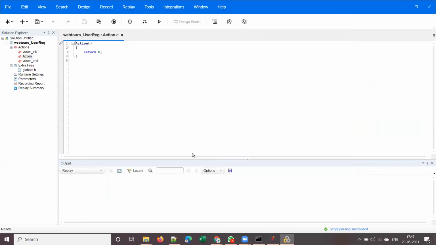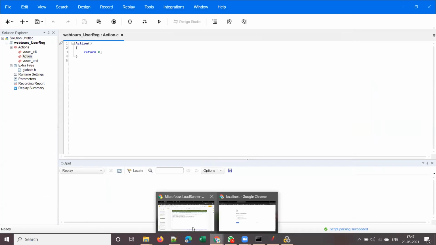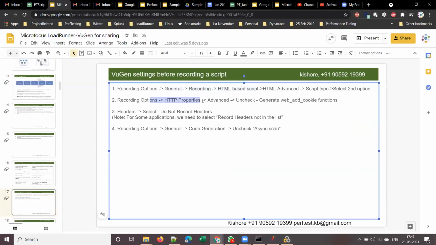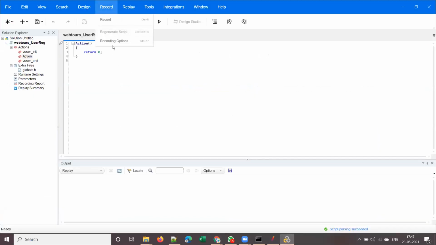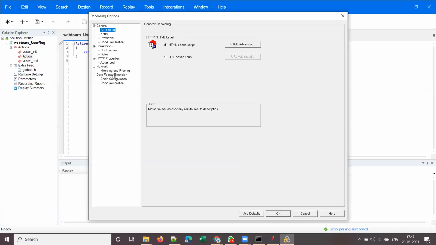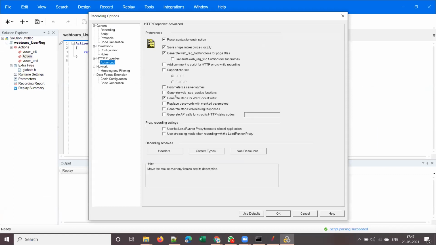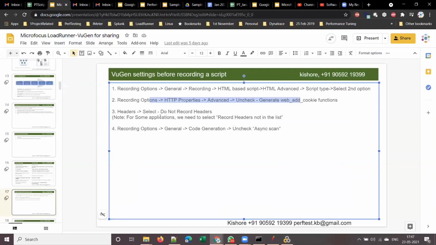The next one is recording options, HTTP properties, advanced. You have to uncheck this generate web add cookie function. This will be checked by default, but it is not required. So uncheck that. The other setting is headers. Select do not record headers.